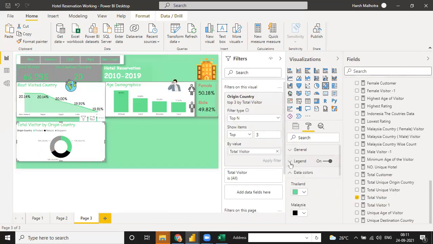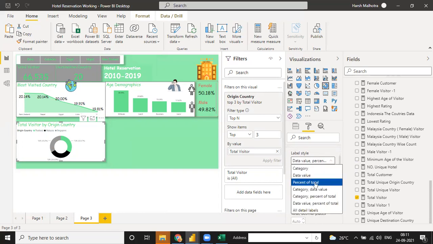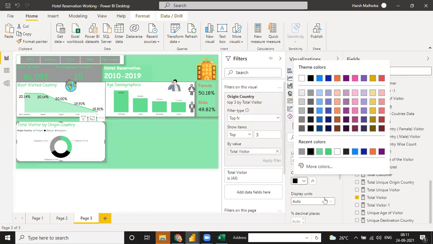So I just click on data label. This is the detail label, and here I can choose the data. Right now I need the category and percentage of total only. So see, the category and percentage of total, change the color.